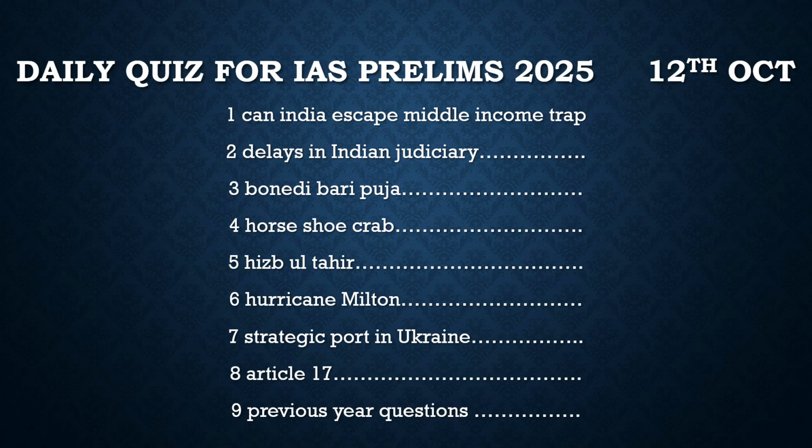Every day in this video we discuss three types of questions. The first set of questions are taken from the current affairs topics. Every day we take up the most important articles from the newspapers. We break them down into the simplest language possible and try to derive the prelims based questions from those articles, so that it will give you the idea how questions can be framed from the newspapers or the current affairs. Then the other set of questions which we discuss here is from the static portion.